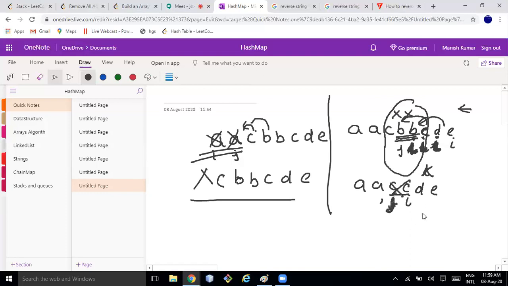Then again you will move this D and E here. A, D and E. i will be here, j will be here. You will move i here, j here. Not matching, you will move i here, j here, and you will delete. This is how you are going to do it. If you are a bit smart, you will move this operation. I hope it makes sense.